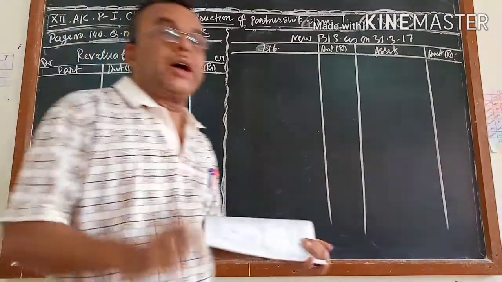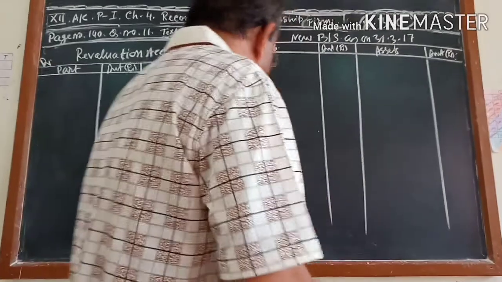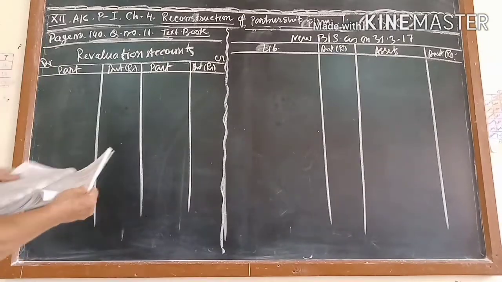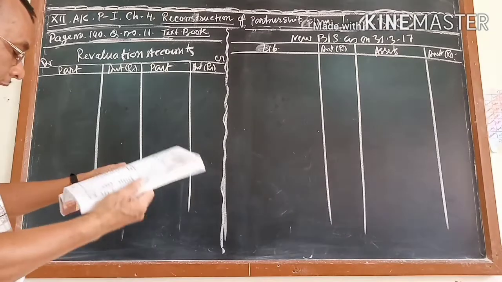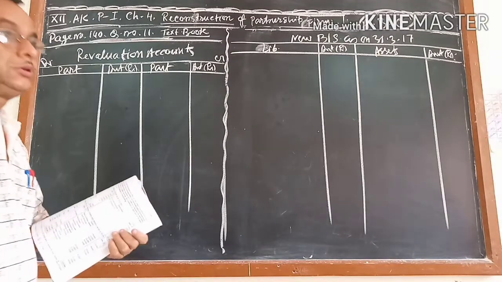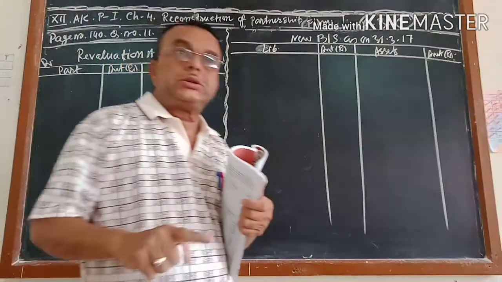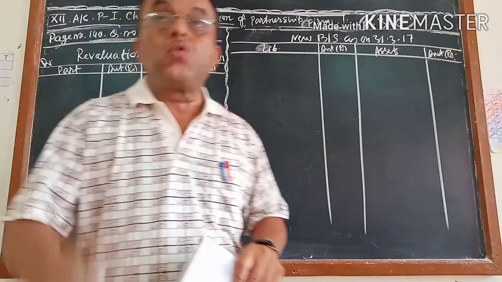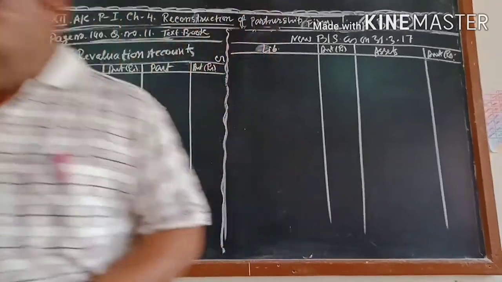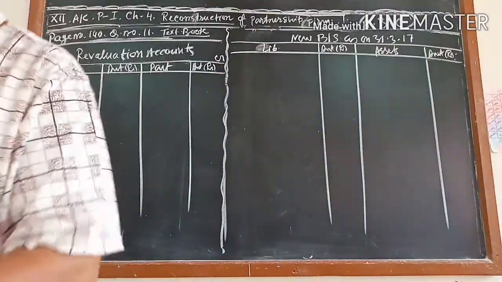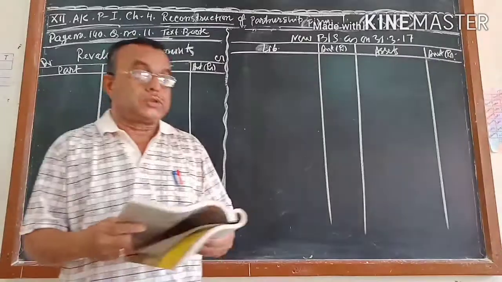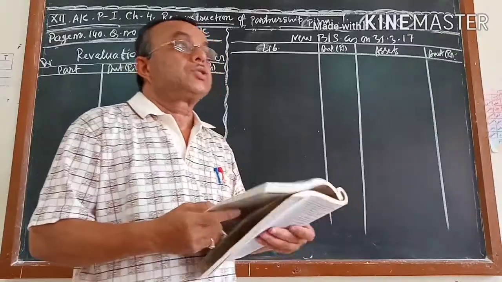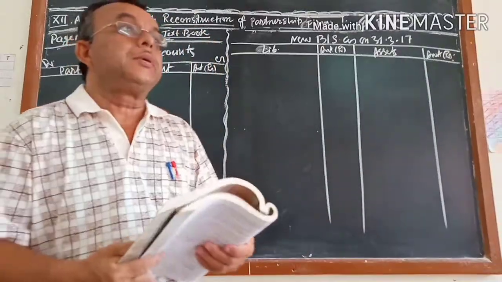We will start from the adjustment. Land and building value was increased by 25%. What value did you have? You have land and building of 1 lakh, and it was increased by 25%. 25% means 1/4. 1/4 of 1 lakh is 25,000. So 25,000 of land and building is increasing. So your journal is land and building account debit to